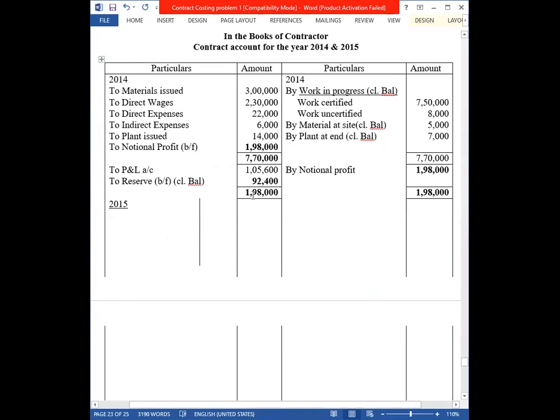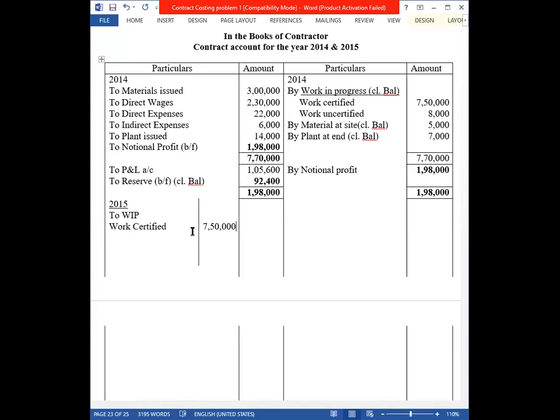Okay. So what are the balances? First, let me transfer the work in progress. 2015, to work in progress. Under that, the first item is work certified. How much is the work certified? 7,50,000. Next is work not certified, or uncertified. How much is it? 8,000. Okay. So I am going to write the total in the inner column only,